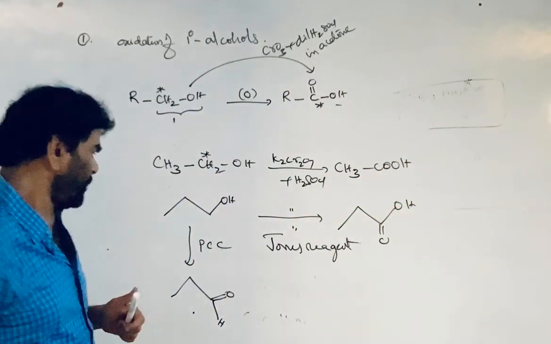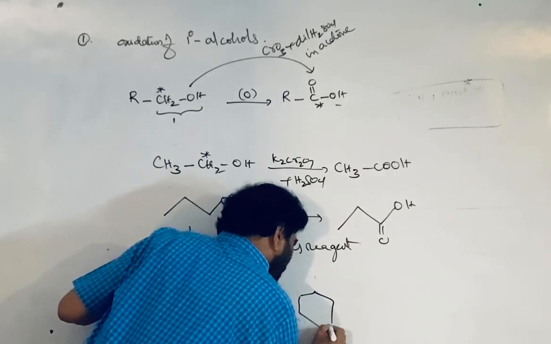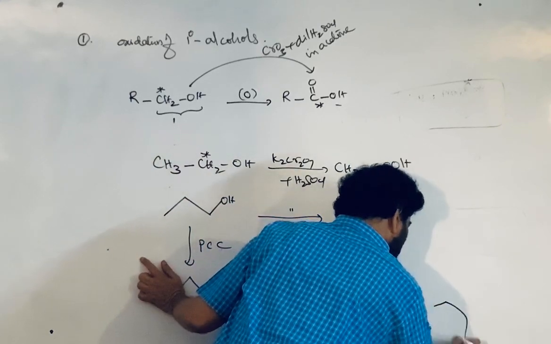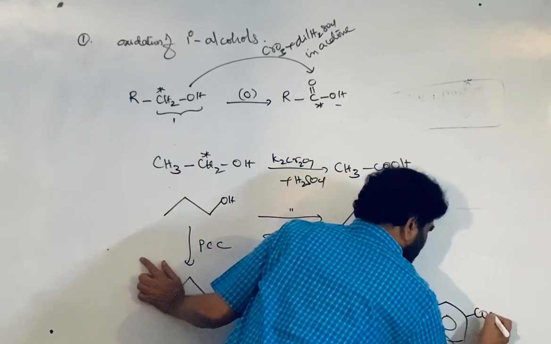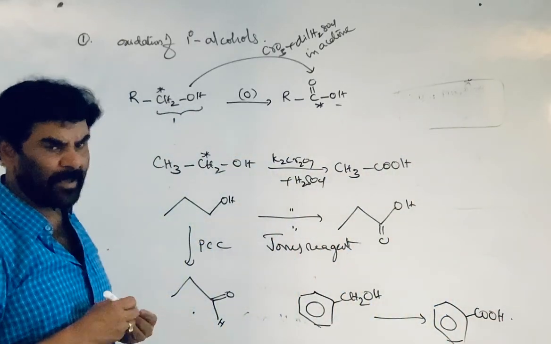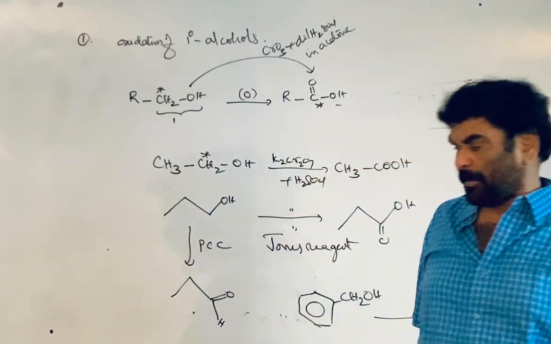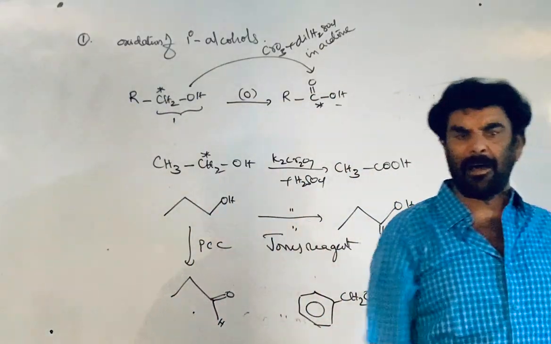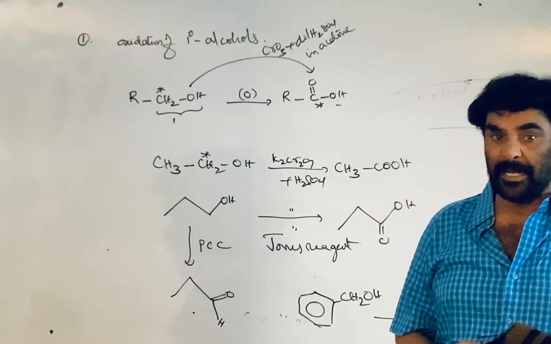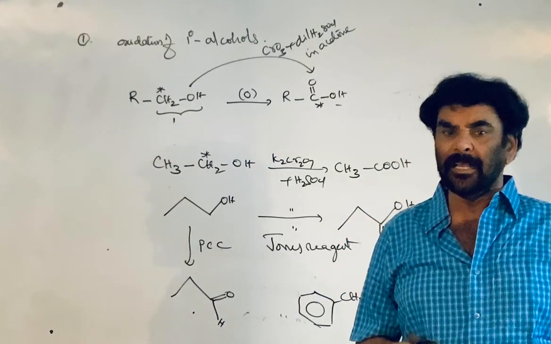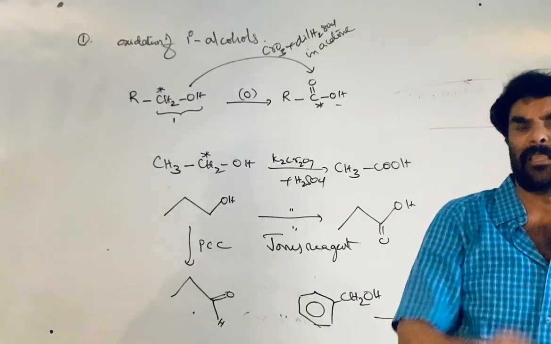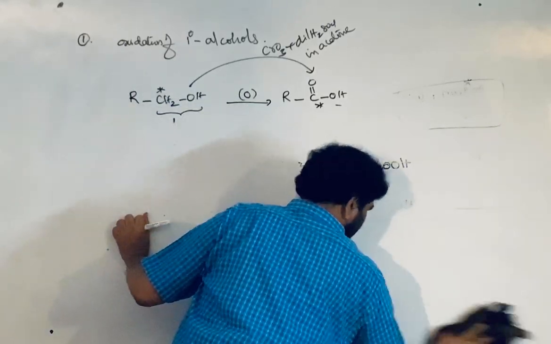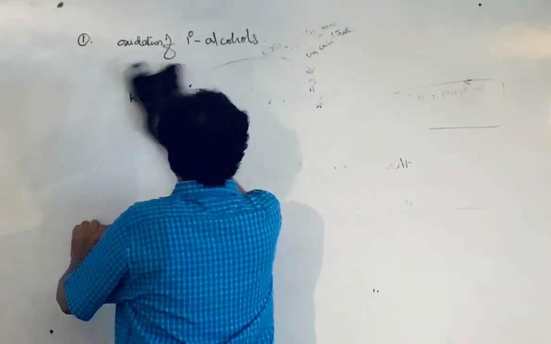If you have benzyl alcohol, on oxidation with any one of those reagents it is converted into the carboxylic acid. So primary alcohols are good starting materials for the preparation of carboxylic acids. Primary alcohols can also produce aldehydes, but a lot of care is needed, since aldehydes are very sensitive to further oxidation. Therefore primary alcohols are good starting materials for the preparation of carboxylic acids.